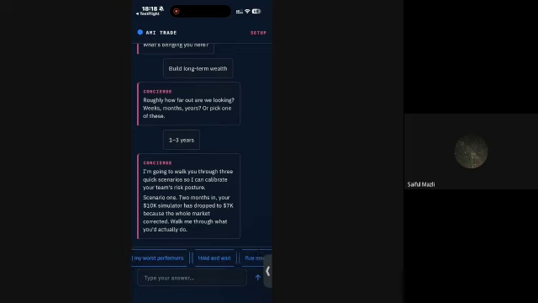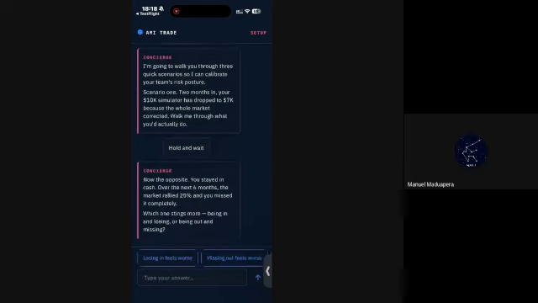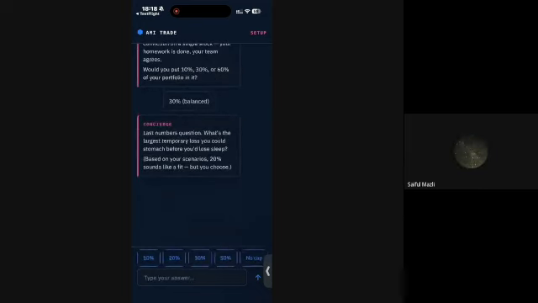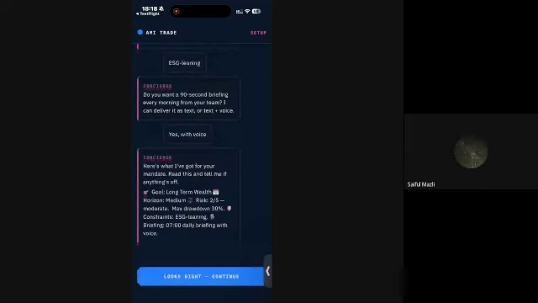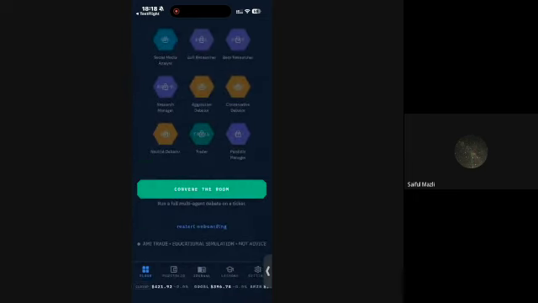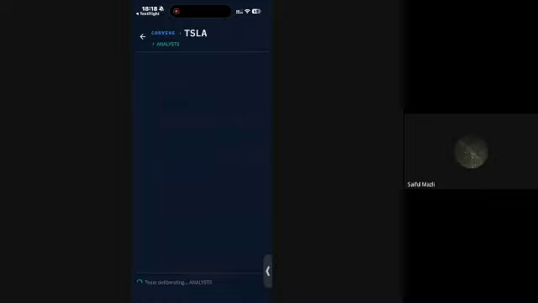Let's say hold and wait. I'm just going to go very quickly. This app is written using Claude, and the background is actually using a local LLM.